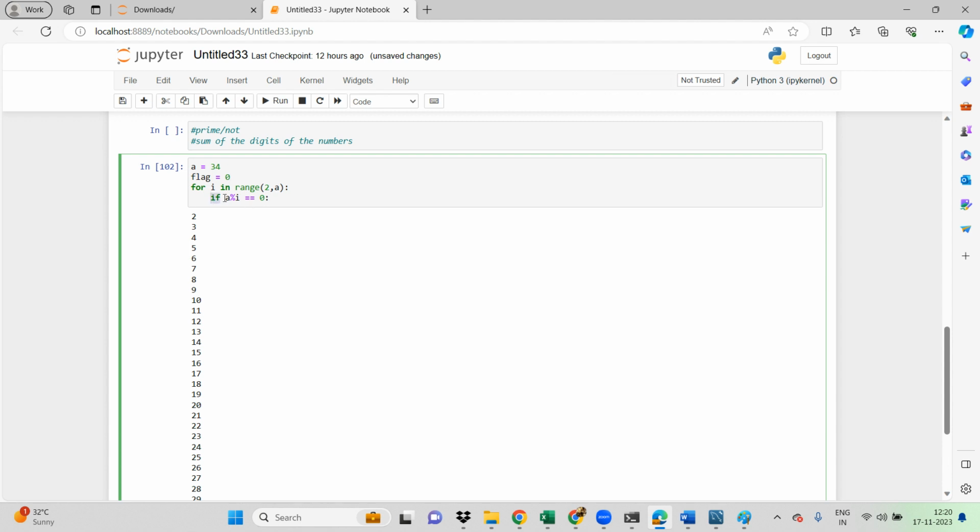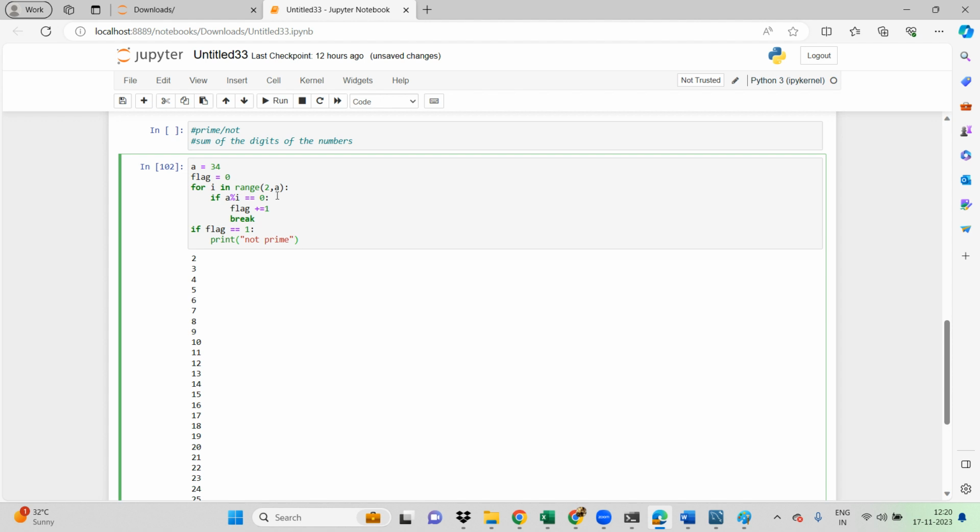Whenever this condition is satisfied, the flag will increase: flag plus equal to 1. Then I give a break. Finally, if flag is equal to 1, then print not prime,